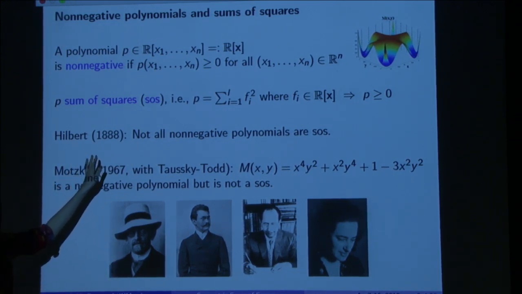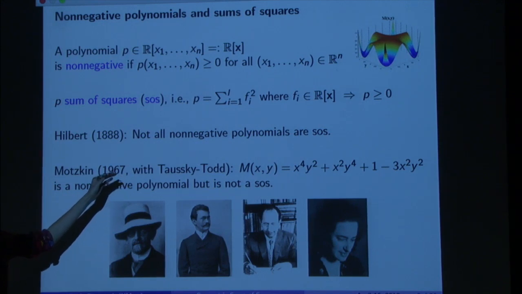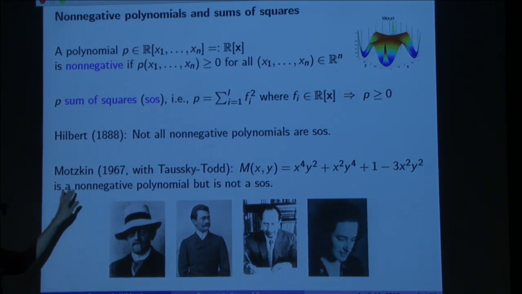He did show more. He did exactly characterize which non-negative polynomials are always sums of squares, like univariate polynomials, for example. But his proof was not constructive, and it took actually quite a while to have a first example of a non-negative polynomial that is not a sum of squares. So we usually credit this example to Motzkin,